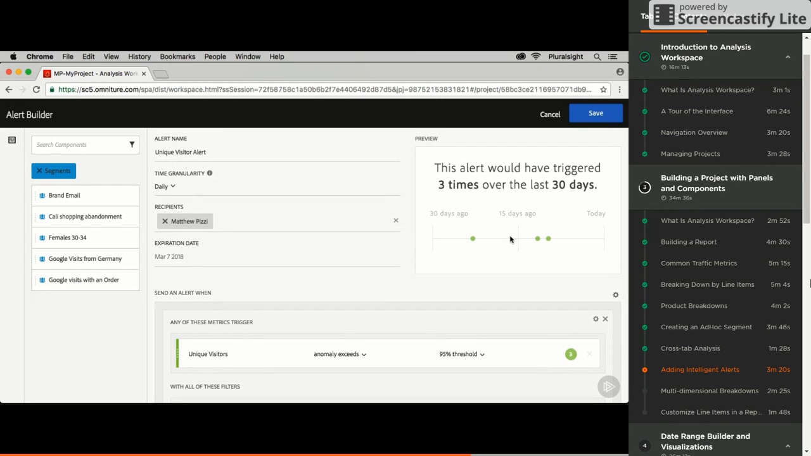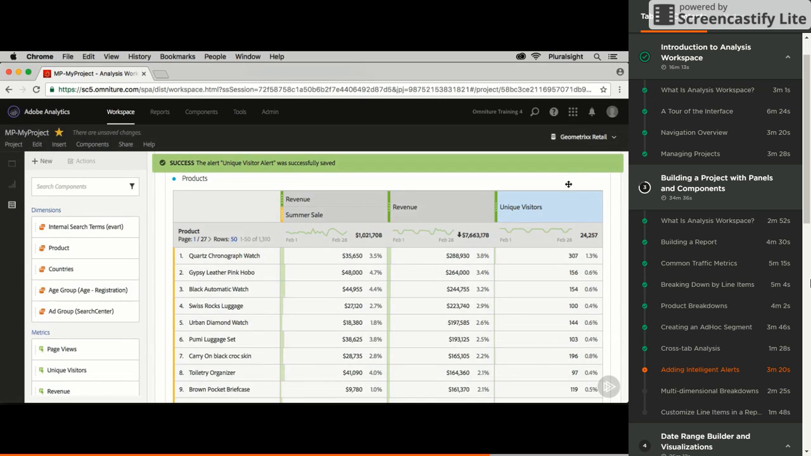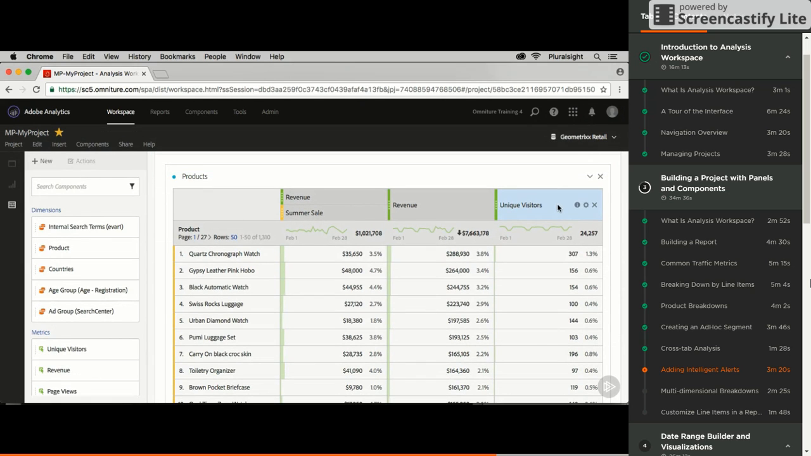Once you're happy with the way you've set up your alert, just come over and click Save. Once you save it, that alert is set. I'm going to save this project, Command S or Control S on Windows, and I just want to point out